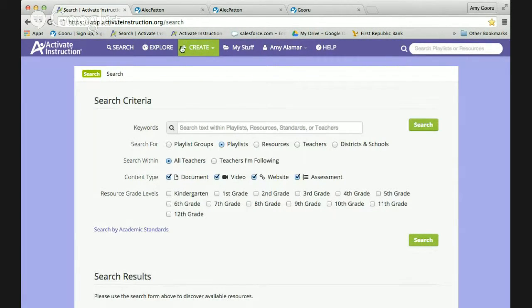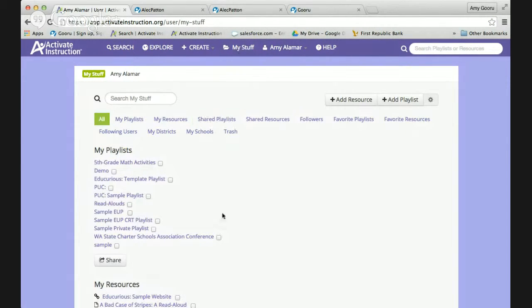And you'll notice that I got a few more tabs up here. I can start to create my own playlists and my own resources. And I have my stuff, which allows me to look through the content that I've either created or I'm following and collecting. I'm going to take a moment to talk about terminology